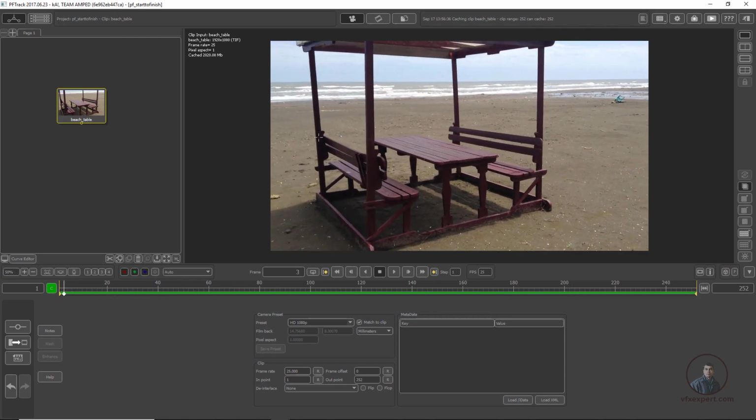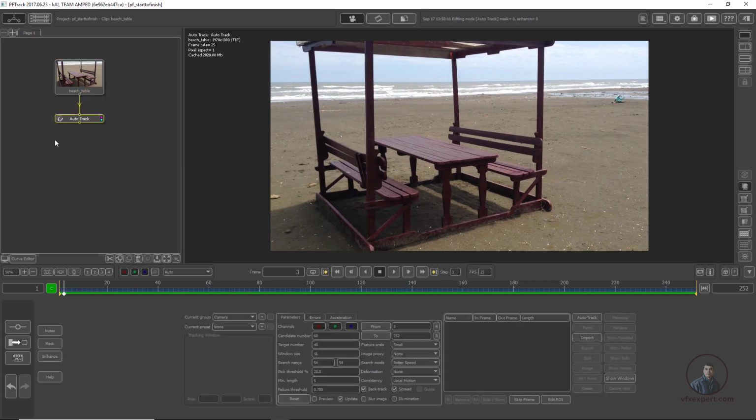Now I am going to track our footage. So for this, simply right click on our footage and from here, in the tracking category, you can select auto track. So this is our simple method for adding any node in our tree area. Now in auto track, downside these are your auto track parameters. Now just simply click on preview. So these points we are going to track. If you want to increase your number of points, then simply in candidate number you can type here and you can increase your points like this, maybe 100. Okay, so I am going to track only 60 points here for this footage. This totally depends on your footage. After this, simply click on auto track.